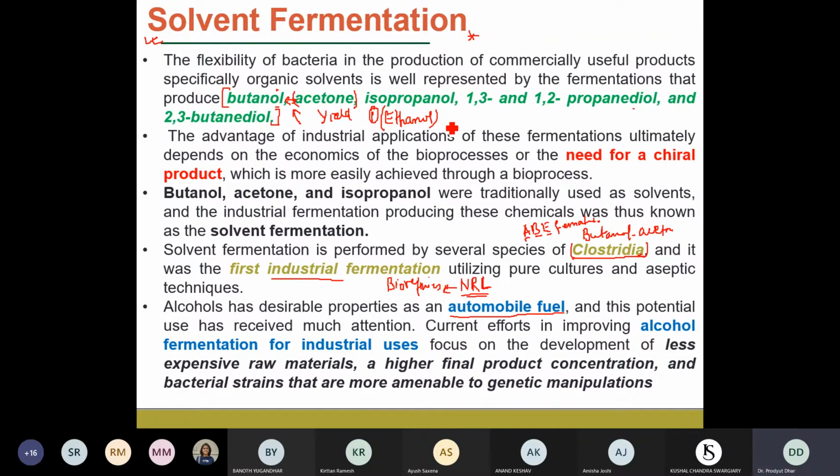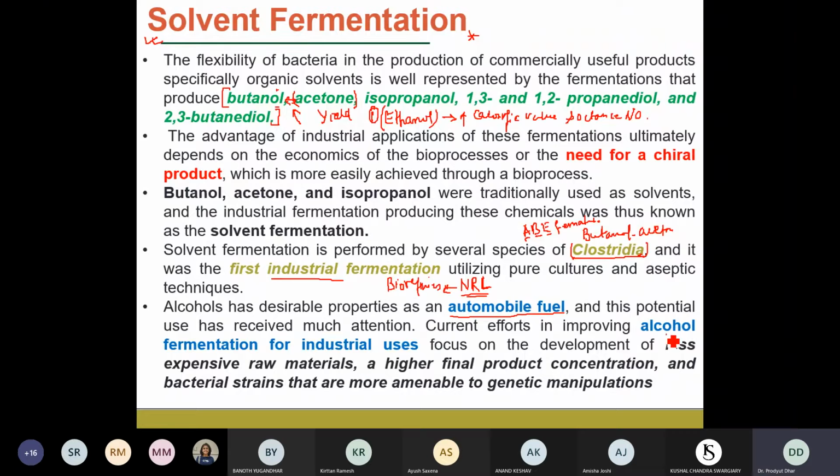Because they generally are known to have a higher calorific value, as well as a higher octane number. We will look into these properties, but you should know by now that because they have a higher calorific value and higher octane number, these two properties can act as a replacement for petroleum-based products. So what is the overall focus?